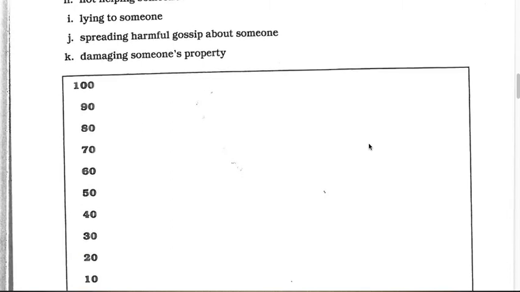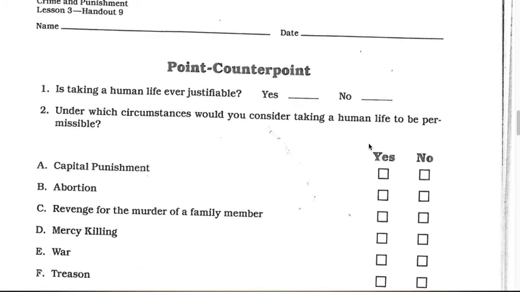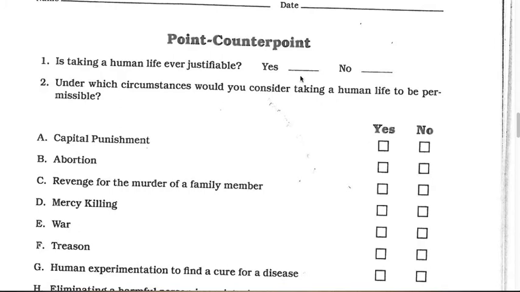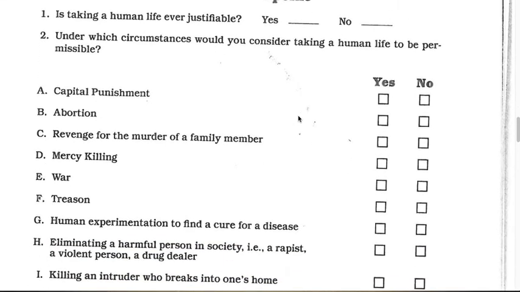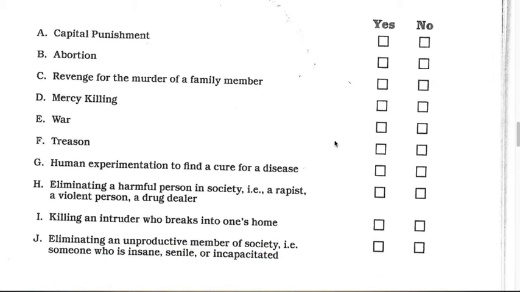On page 3, point counterpoint. You're answering the question, is taking human life ever justifiable? This is your first instinct answer. Then for question 2, you will test your answer. Answer yes or no for question 2, A through J. Page 4